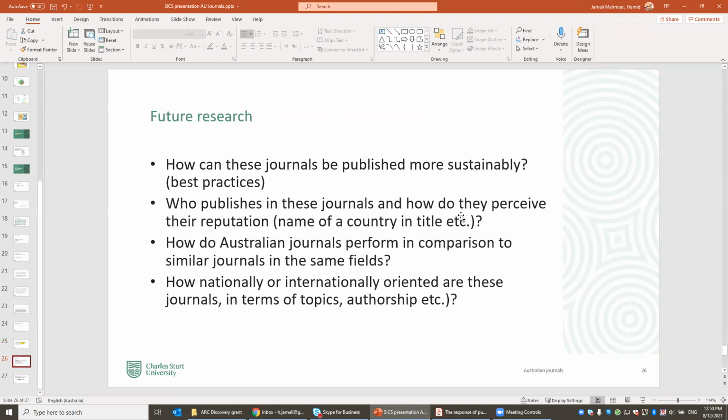Just a vague thought. Do you think that the trend is continuing for Australian journals to go down? You know, the number of journals that are published, I guess not just Australia, but national or regional journals. And if so, what do you think that means for research that might be nationally specific, you know, history